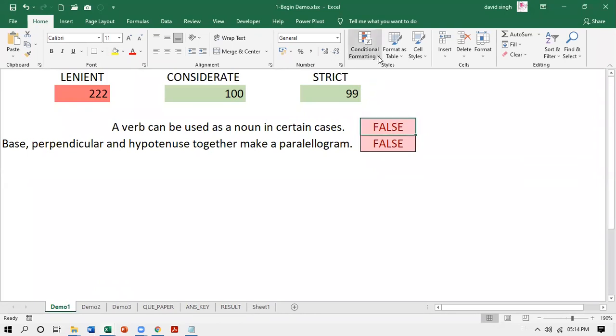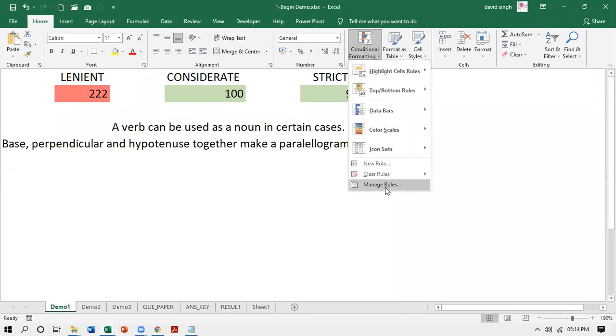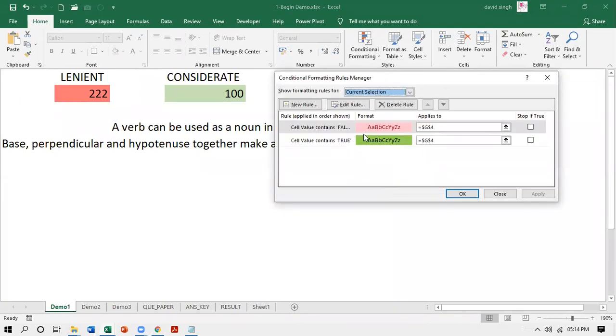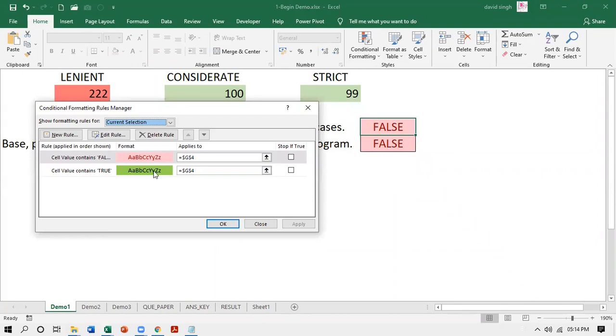If I show you for this particular cell, if I go to conditional formatting, manage rules, all the rules are listed here. See, if cell value contains false, then this format will work. If cell value contains true, then fill color will be green color. See the preview here, the format preview is given.